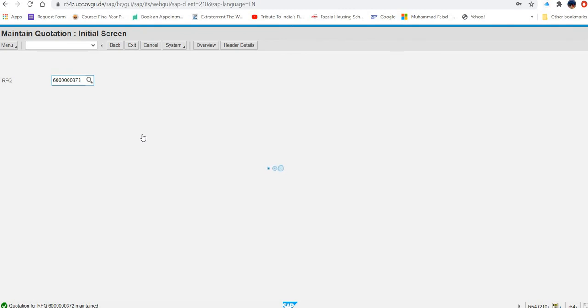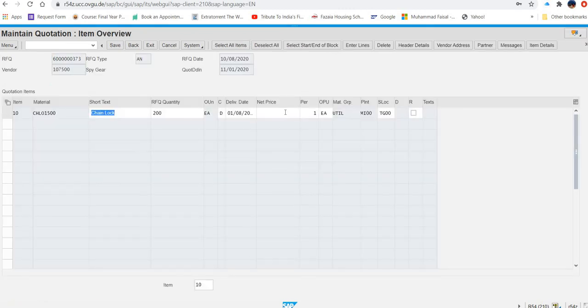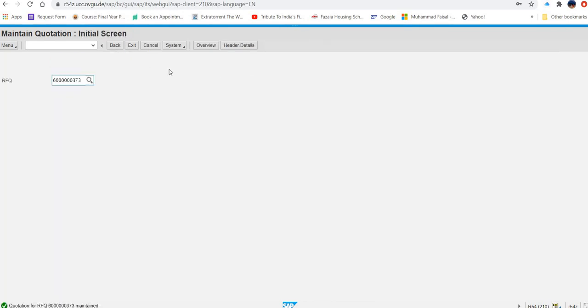And for third one, the price they are asking is 35, and then they said press save. So this is how, what you can see, we have worked with three quotations. So all these three quotations are now maintained accordingly.